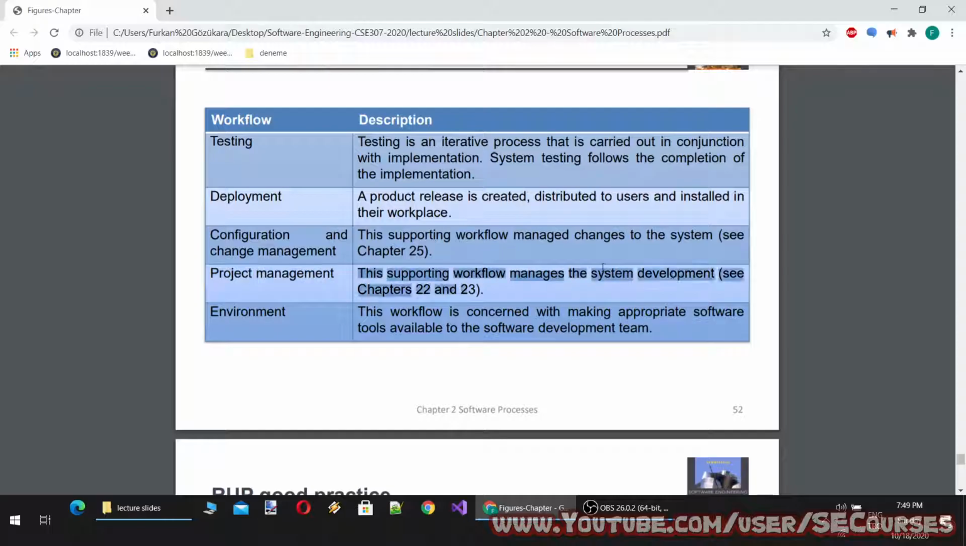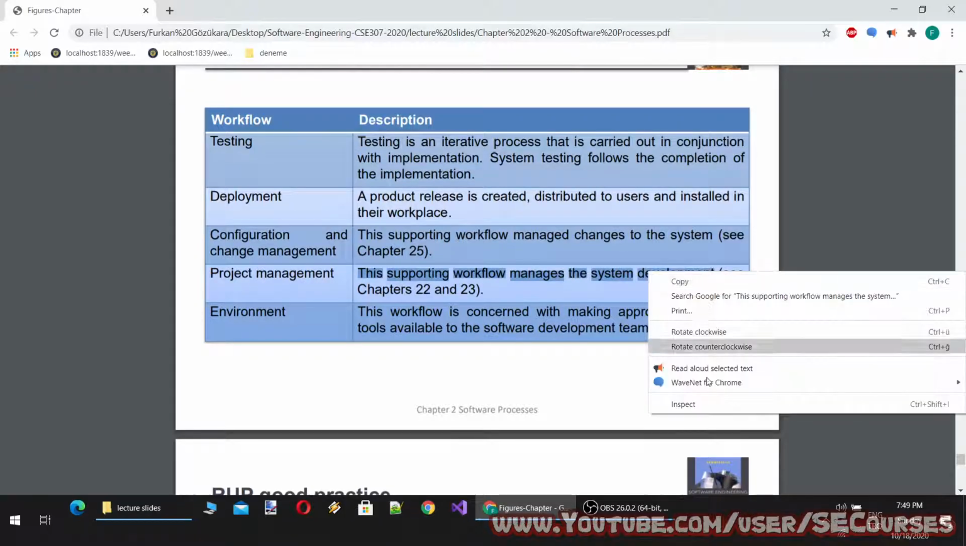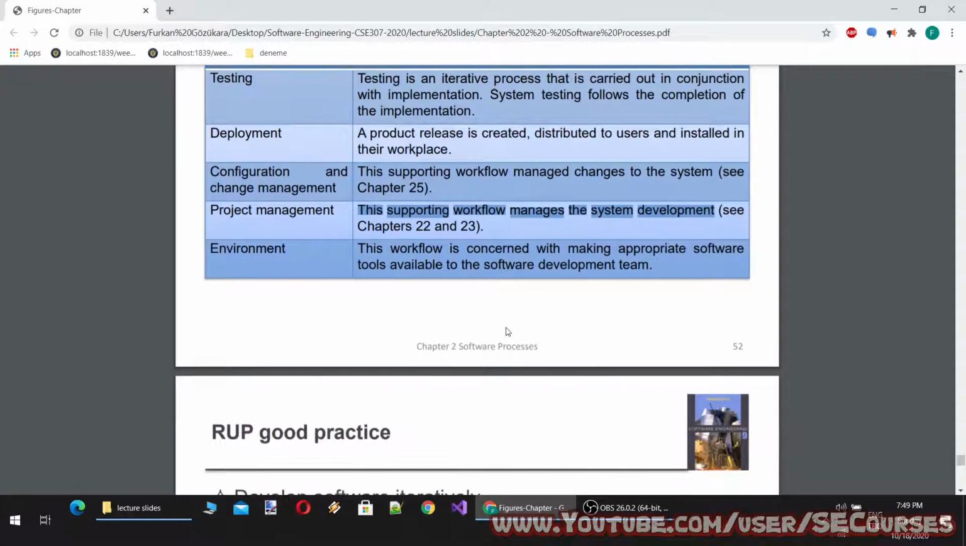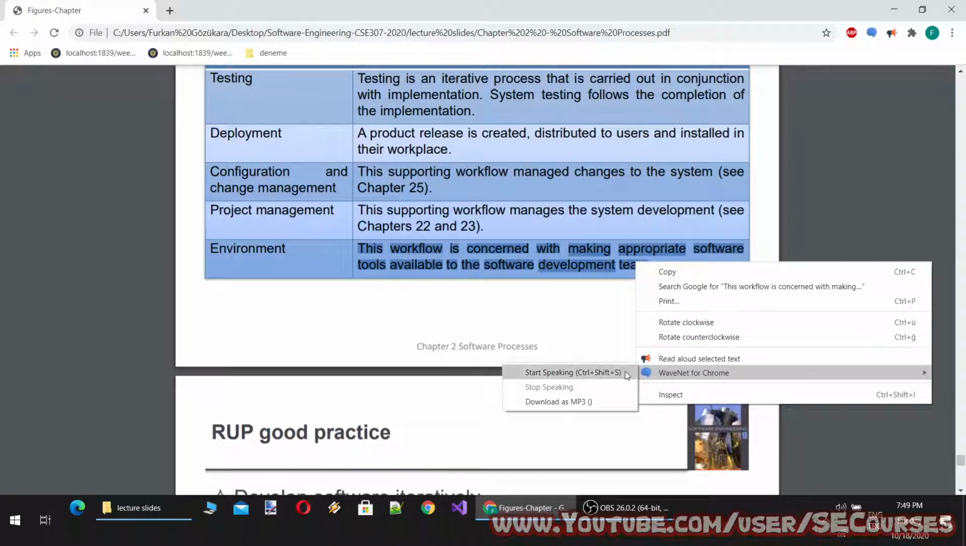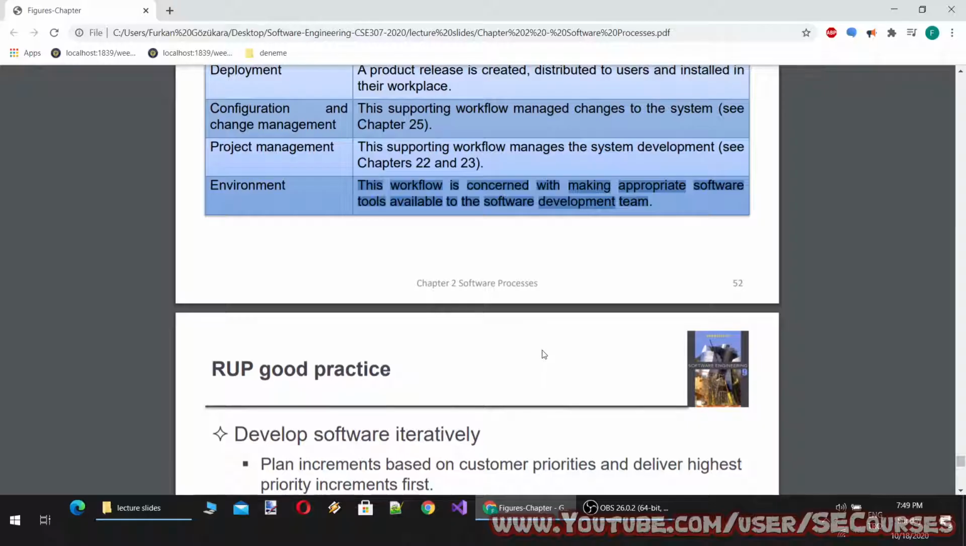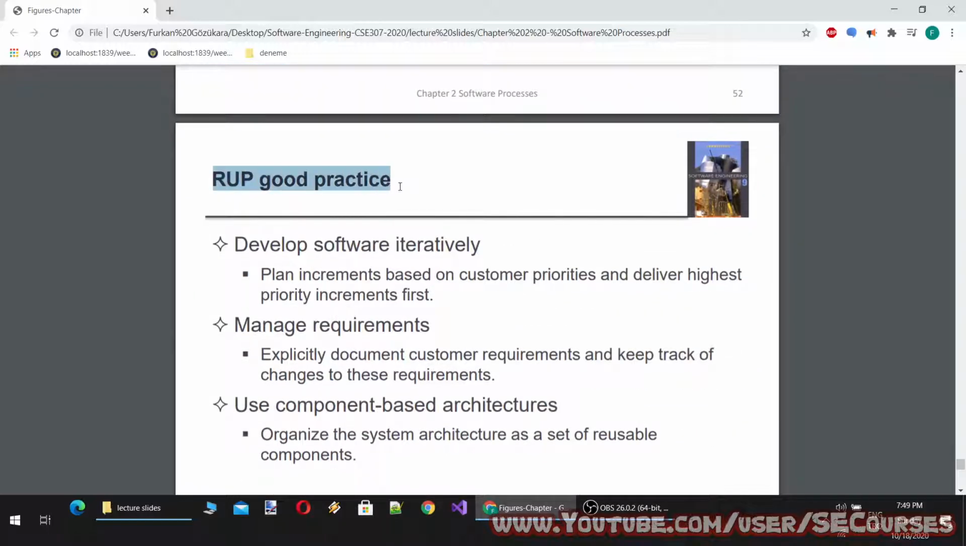There is project management: this supporting workflow manages the system development. There is environment: this workflow is concerned with making appropriate software tools available to the software development team. Okay, so